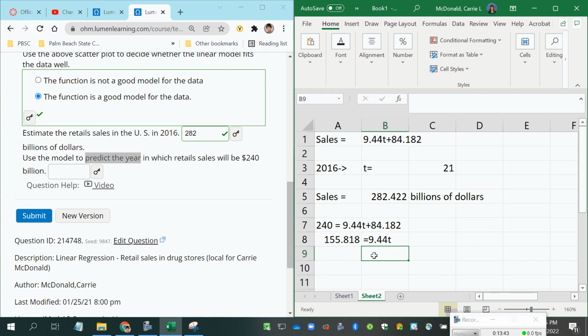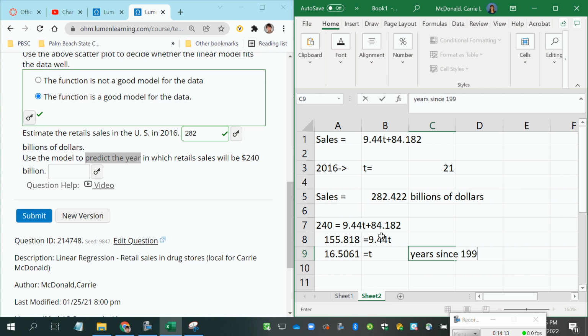So what's going to happen is I'm going to end up with just t on the right there, or equals, t equals. And on the left, I'm going to take this value that's contained here in this cell and divide it by 9.44. And so that gives me an answer of t equals 16. And what does t represent? Years